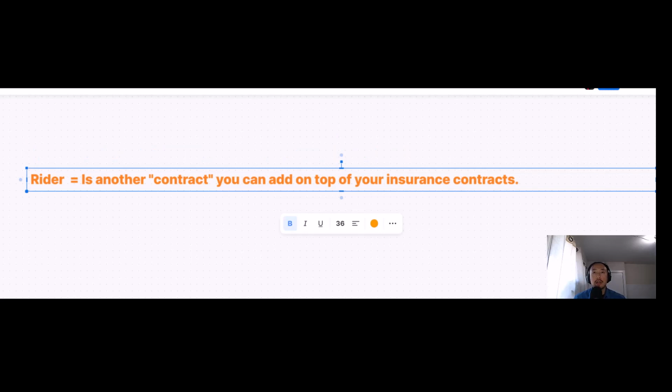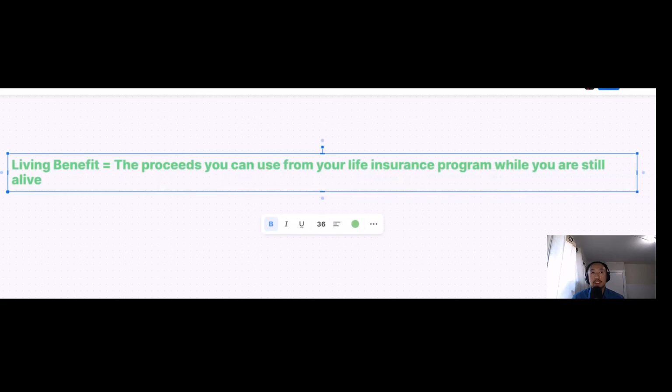And how I remember this term is, remember the show Deadliest Catch, when they have extra crabs riding on the outside of the cages, the fisherman on that show calls these extra crabs, quote unquote, riders. But in our case, instead of extra crabs, there are extra contracts that ride on top of your life insurance. So for instance, a long-term care rider, a terminal illness rider, a chronic illness rider, a critical illness rider, etc.